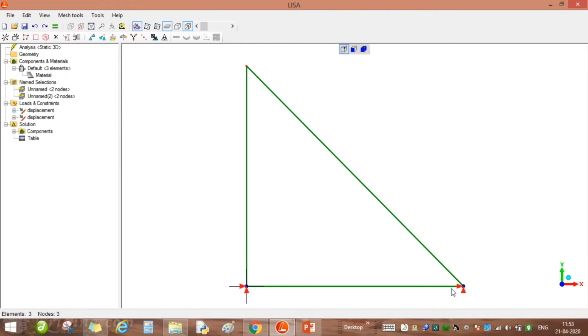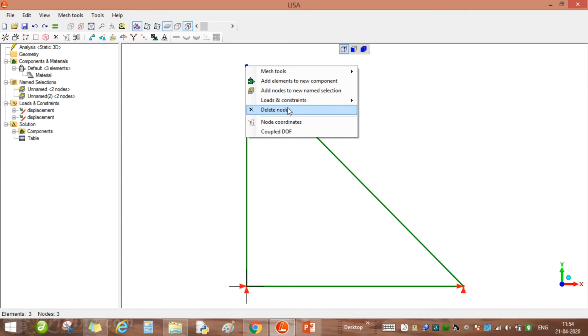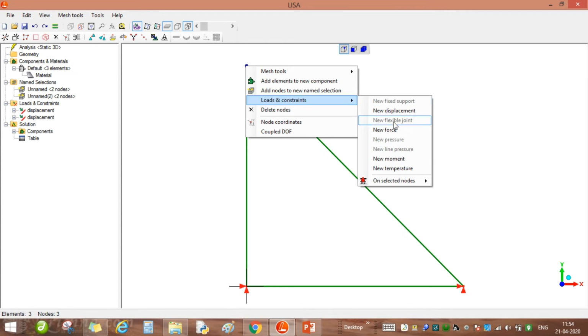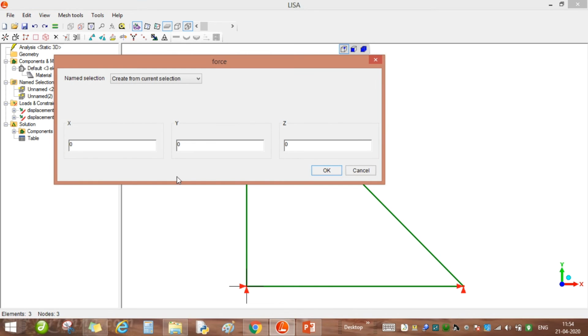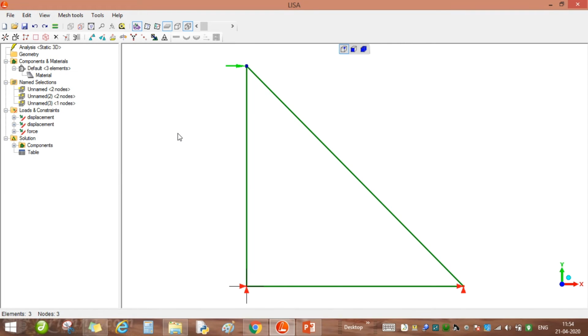Even if we do not give x here, that will also work, because if a truss is simply supported, then one end or one support has to be roller support, but the result will be practically similar in both the cases. So now let us give the load. So load here is new force along x direction, let it be 5000 Newton. So we are ready with our model.